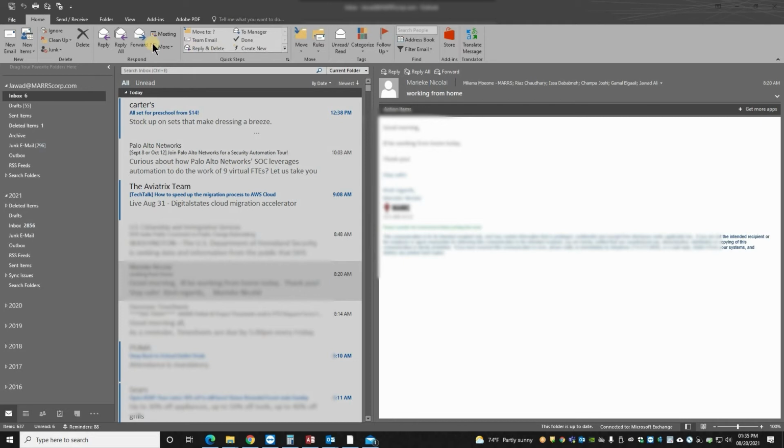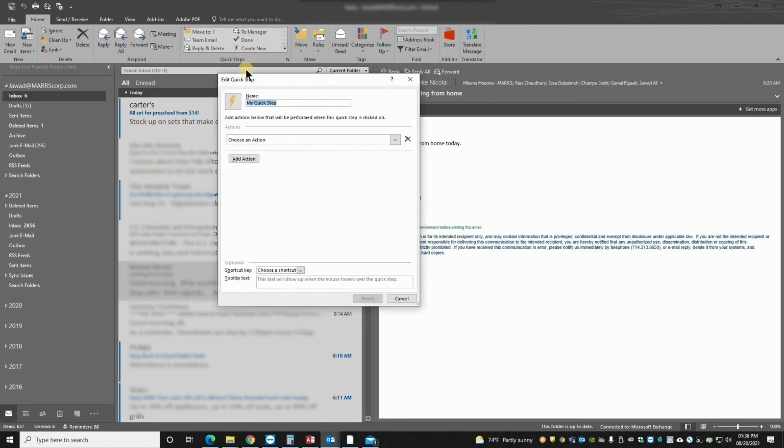All you need to do, just go on home and then click on the create new in this box under the quick steps. So what we want here, we want the live inbox item should move to the archive to 2021 inbox. To achieve this, all you need to do is just type in archive.